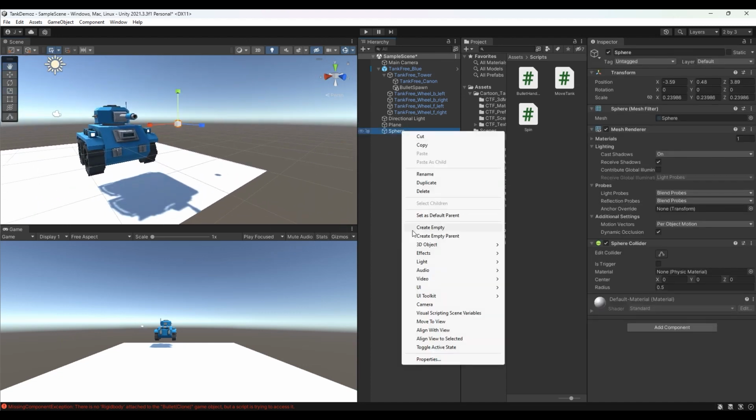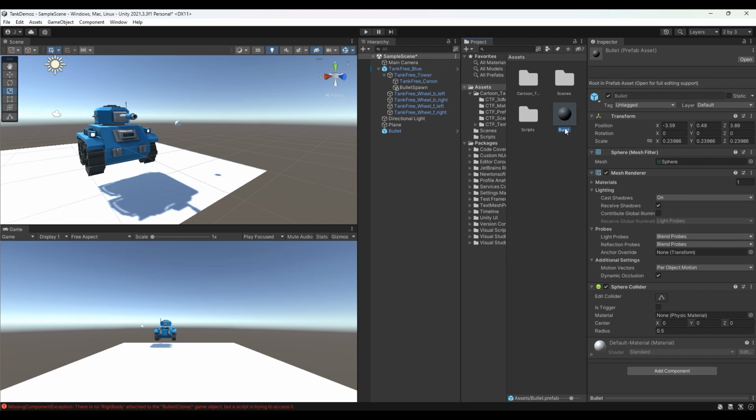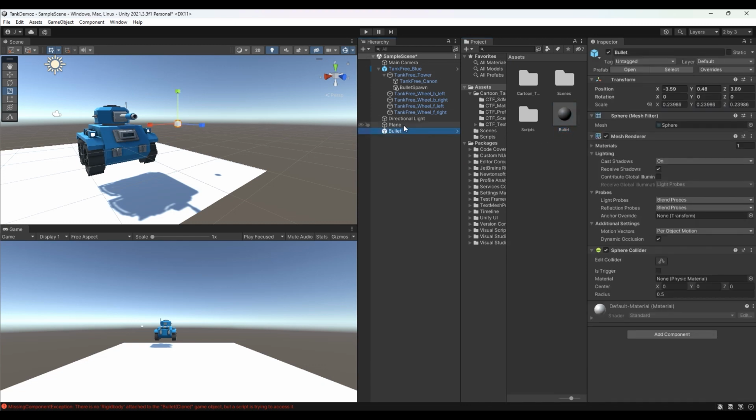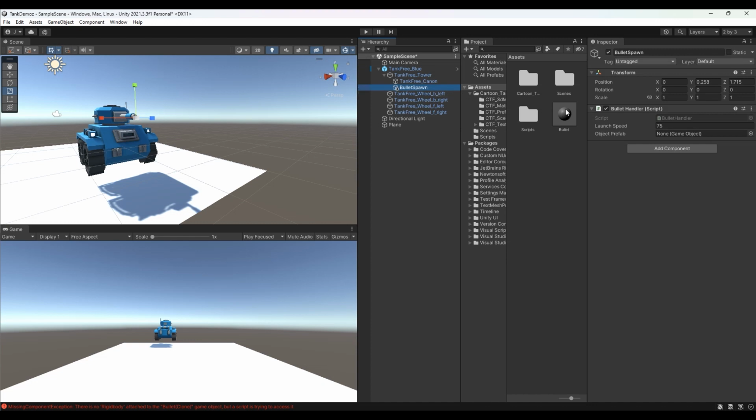And let's rename our sphere to something more fitting, like bullet. Go back to your assets folder, drag bullet into your assets, and delete it from your hierarchy. Go to your bullet spawn, drag and drop the bullet. And now if we hit play,